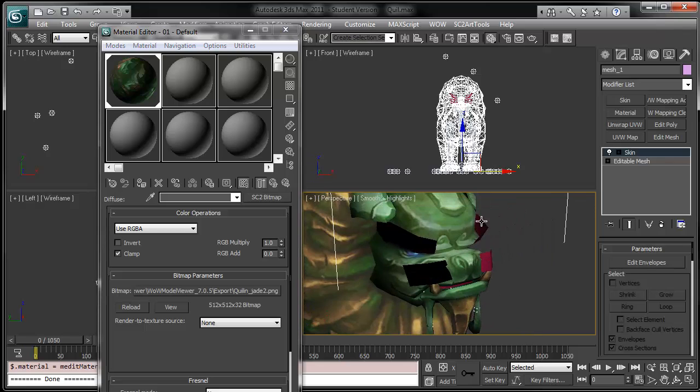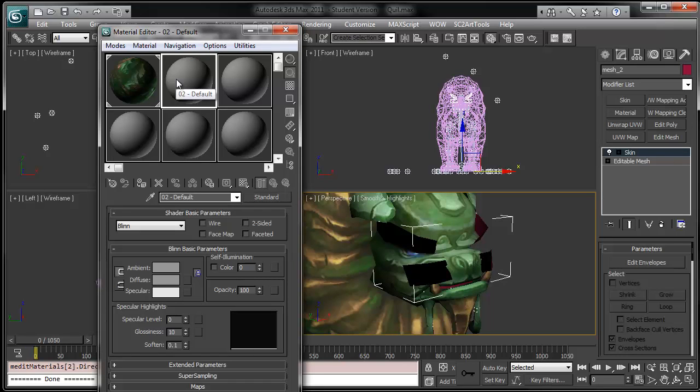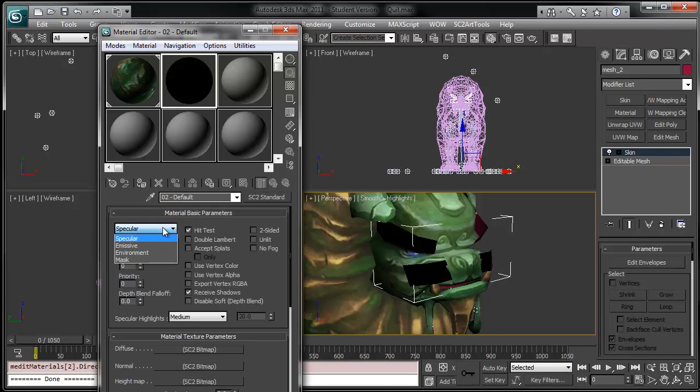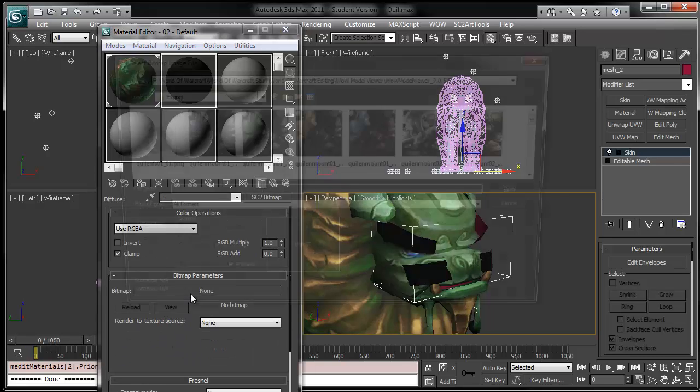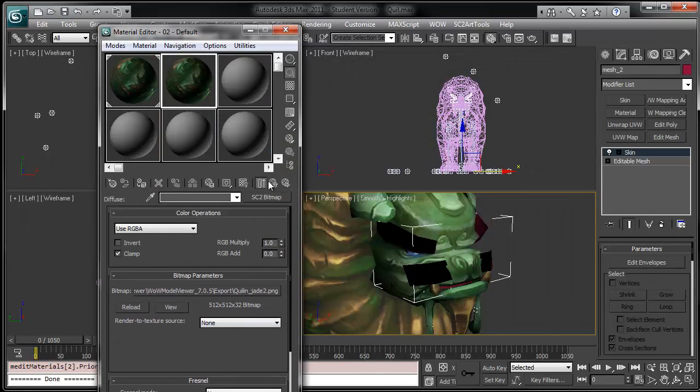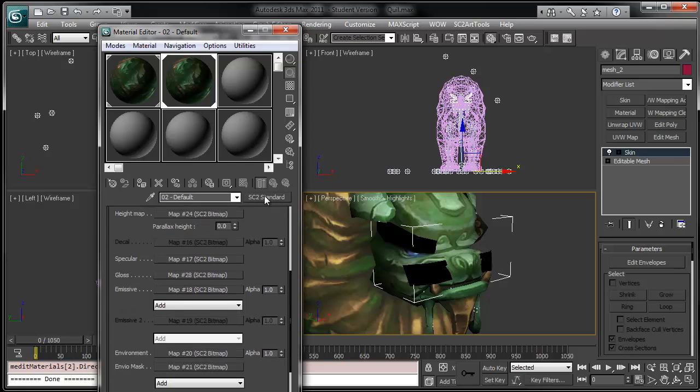Now the black things and the red things over here are Blizzard's way of saying that those have an alpha map. So we're going to use another material, going back to standard material. There you go. Select mask, select blend, set this to 10, priority to 2, and then we go to diffuse. I'm going to select the same diffuse map, jade number 2. We're going to apply this. There you go. And we're going to go down,